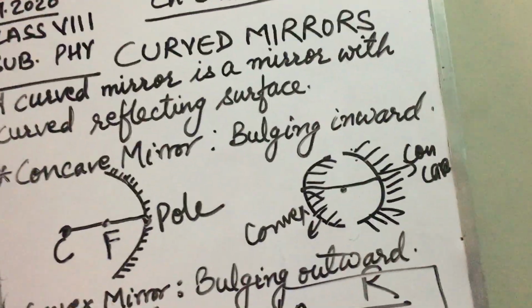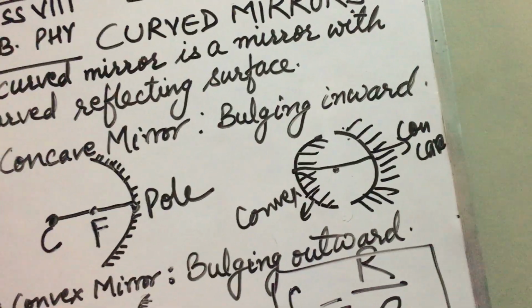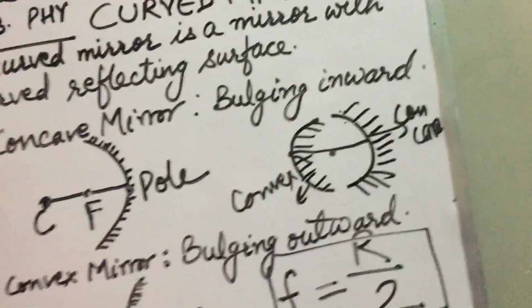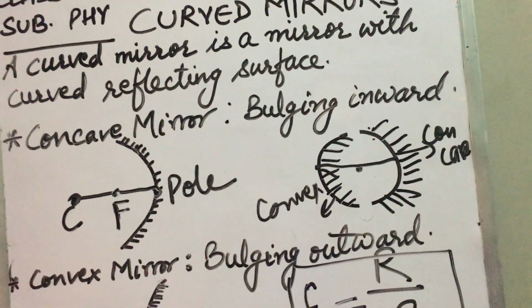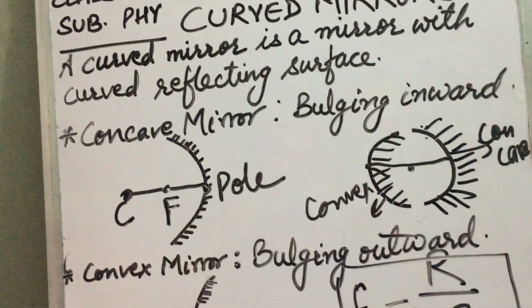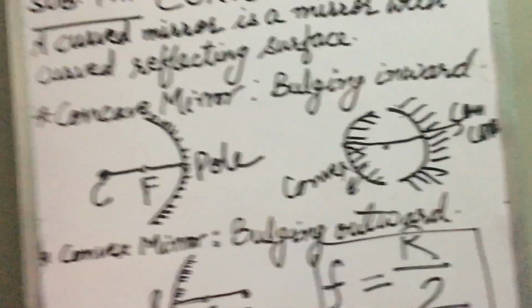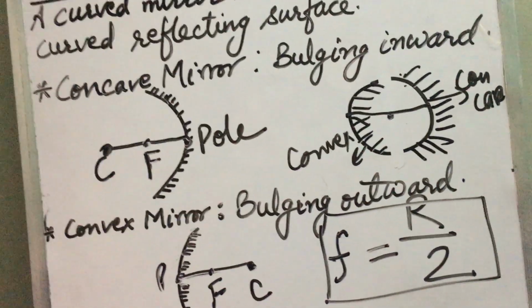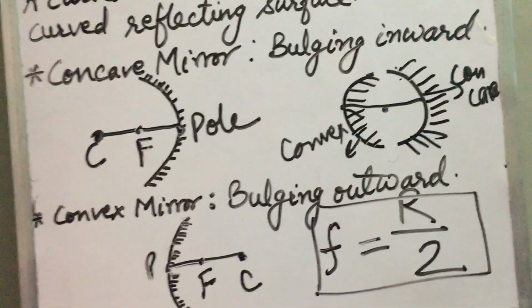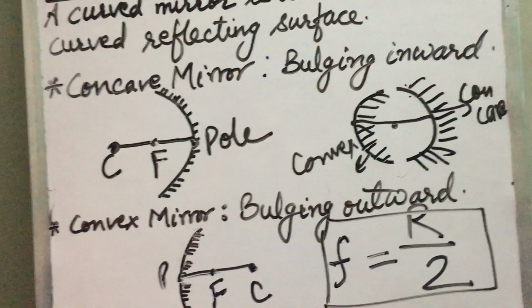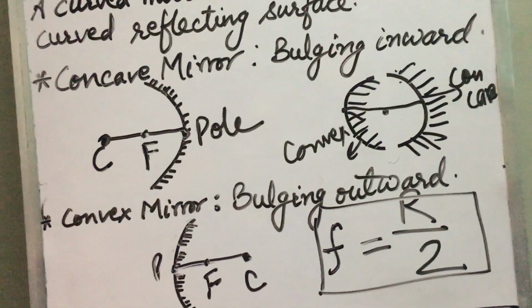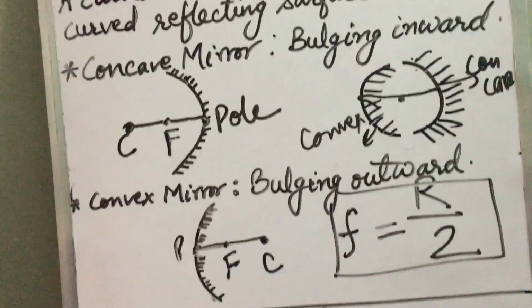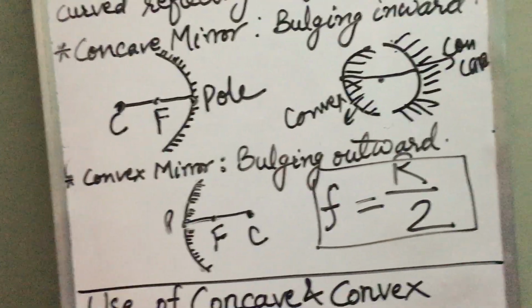Okay, when objects are held close to that mirror, what happens? The concave mirrors give a magnified image. Magnified means an enlarged image. For example, when your father is shaving using a mirror, they keep their face near to that mirror, and then what happens? They are able to see their face magnified, and they can see the tiny hairs on their face, and they can shave them off. Okay.